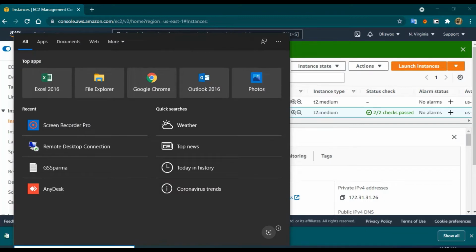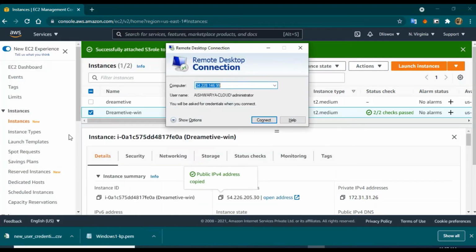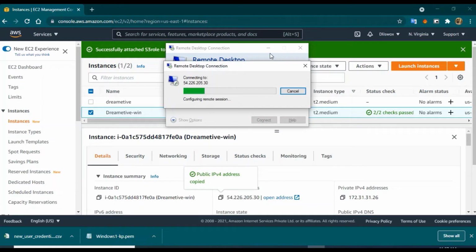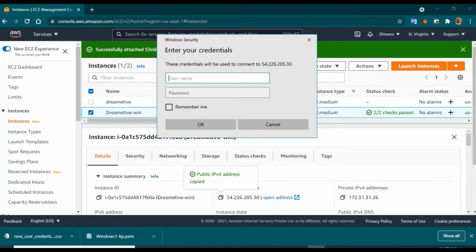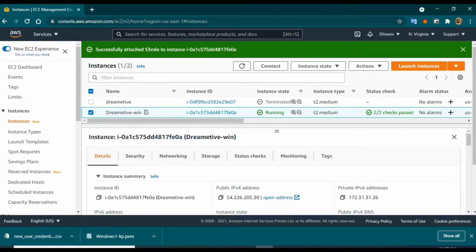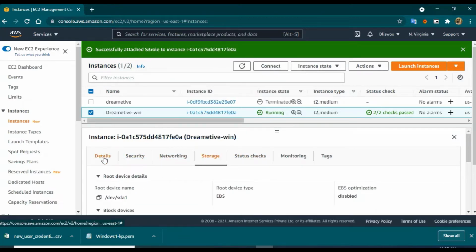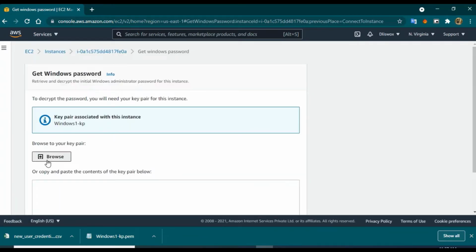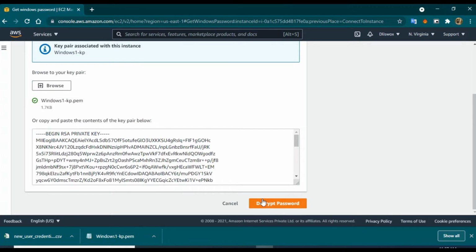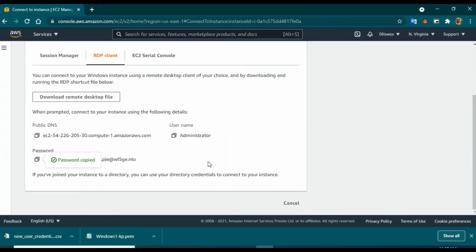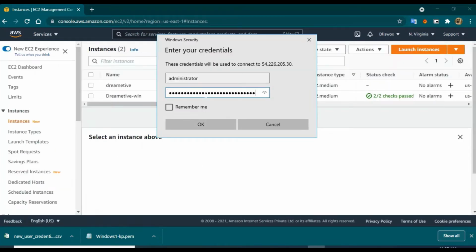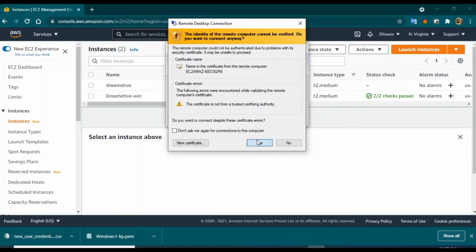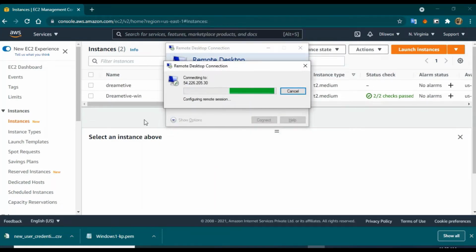And from here I'll go to do the RDP, but I have not got my password for my administrator user to access the machine. So I'll just go to connect, get password in the RDP client section, browse that, and now I got my password and I'll just paste it here. It's always better to keep it in your notepad than decrypting each and every time. So administrator,